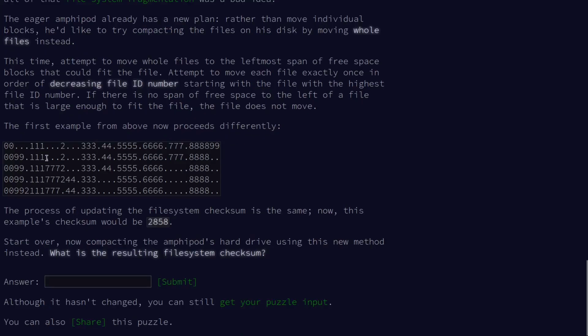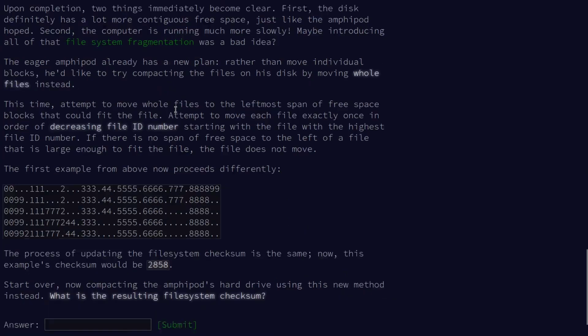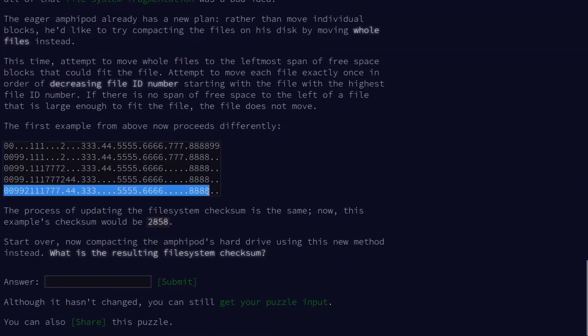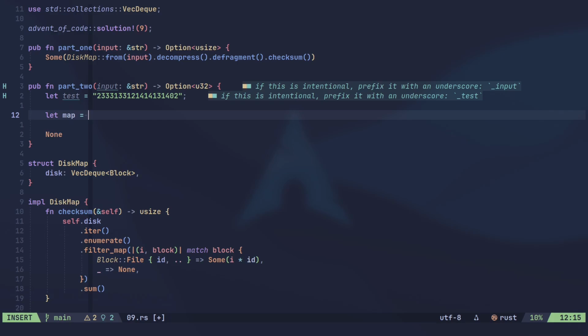And then we continue until we have filled out as good as possible this free space with files. But as you can see, not as in the first quiz, we don't have any free space between files. We will have some free space, but not like in the beginning, right? So let's map, again, we just take the disk map, we parse the test input,